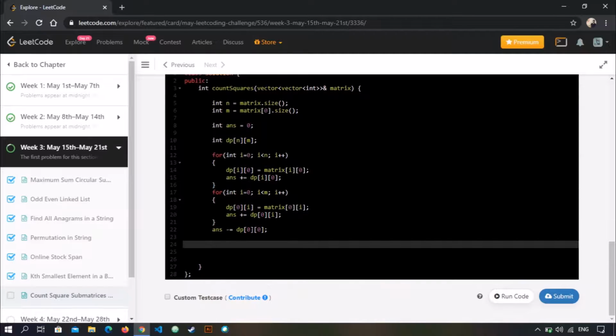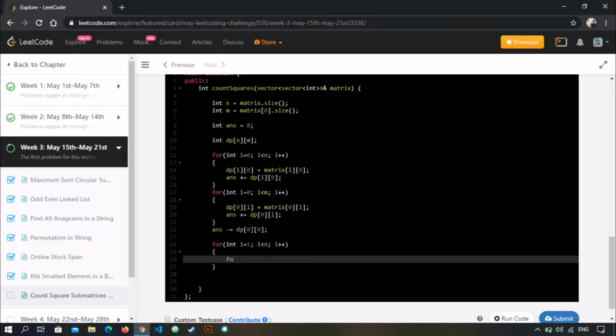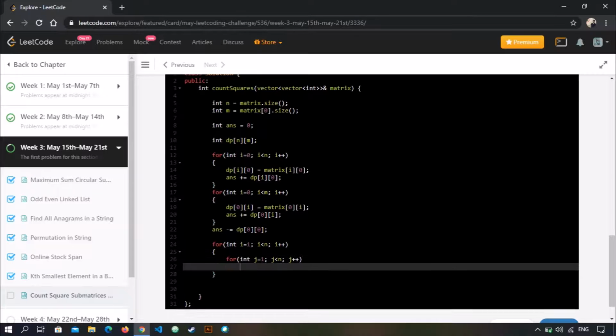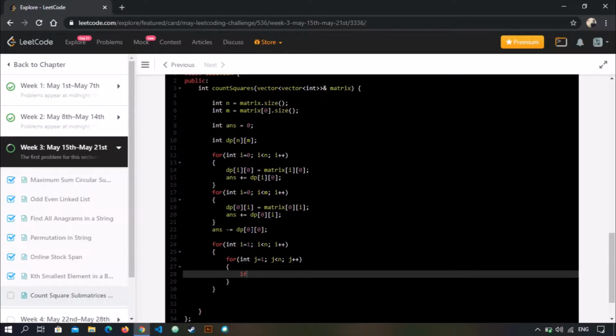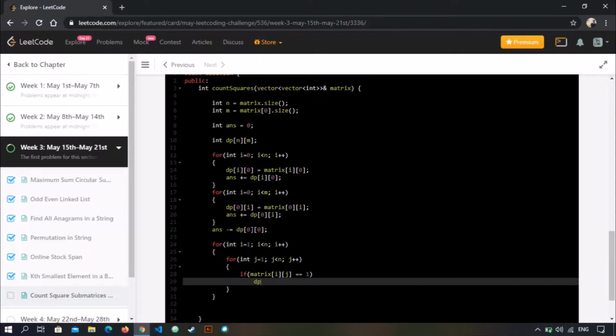Now comes the dynamic programming part. For int i equal to, remember we have to start from the first row and first column. Now we check if matrix of i j equals 1. If they are 1, what will be the value of dp i j?